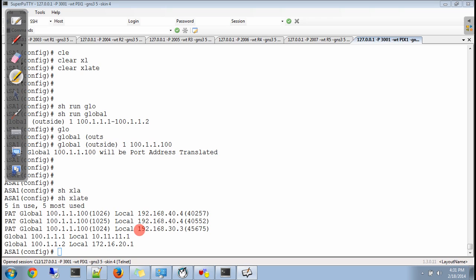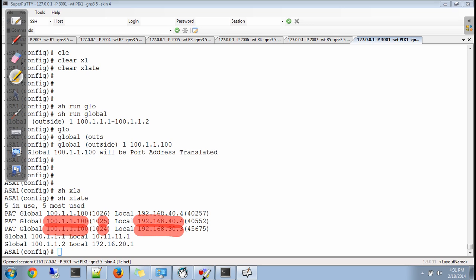Your R3 which is 192.168.30.3 got translated to 100.1.1.1 but a different port number. Similarly, your host 192.168.40.4 again got translated to the same IP but a different port number.